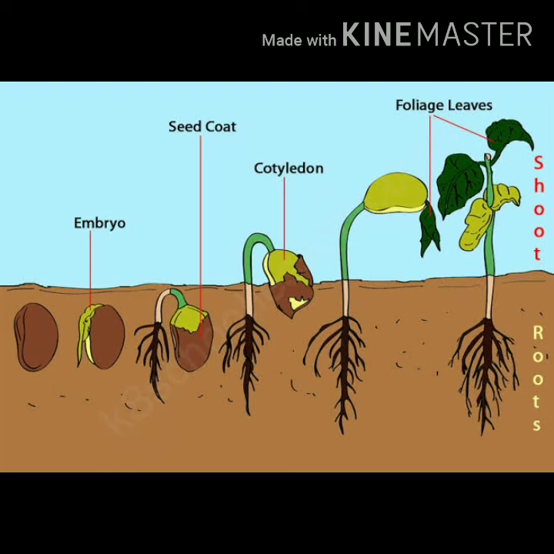In the third stage, the roots come out first into the soil, and this fixes the baby plant into the soil and helps the root absorb water and nutrients from the soil. Then the shoot comes from the seed and grows towards the sun, and the pair of leaves that come out of the seed with the shoot are called cotyledons. Then the root grows longer and the shoot becomes green and sprouts more leaves.